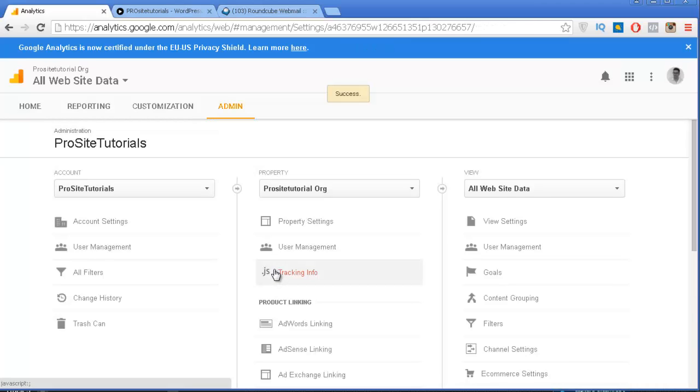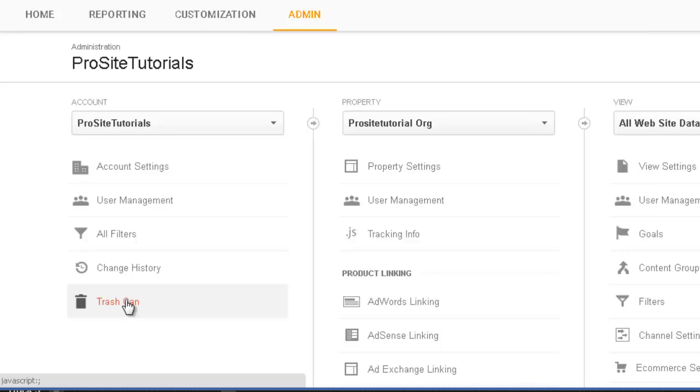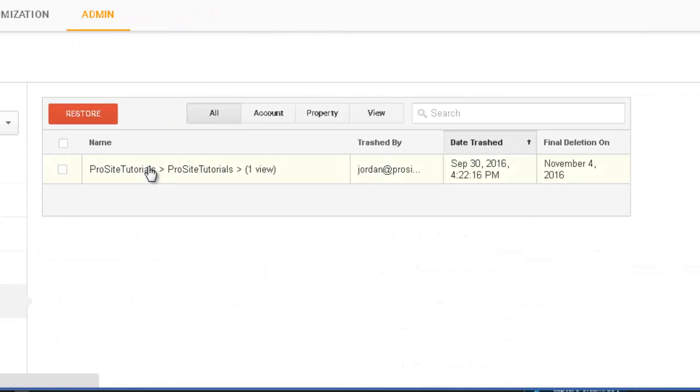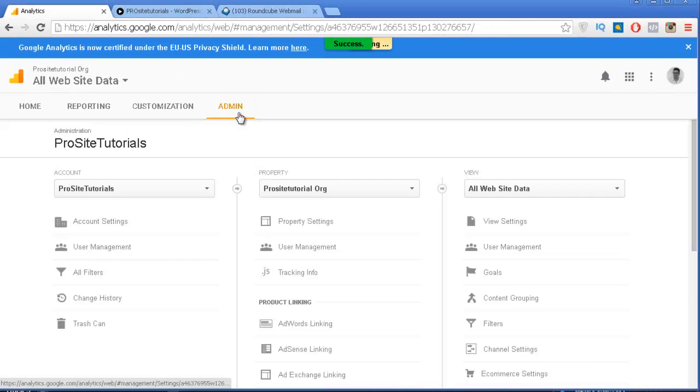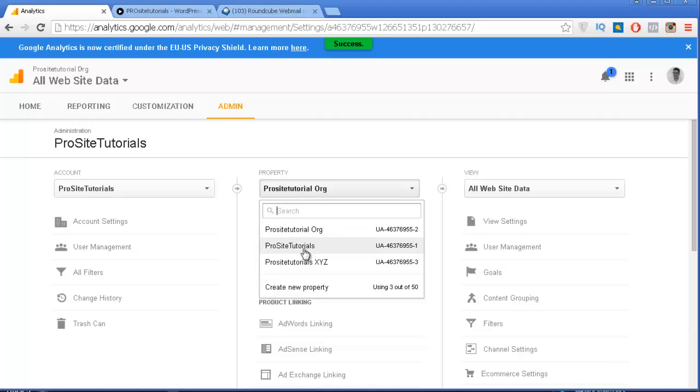And now it's sent to the trash can. It will take a while until it's fully deleted. If you want to recover what you just deleted, you go to the trash can under your account, and you can see that you have what you just deleted over here. You just check this box and press the restore button. And now once you go to administration, you can see that you have once again the property which you just